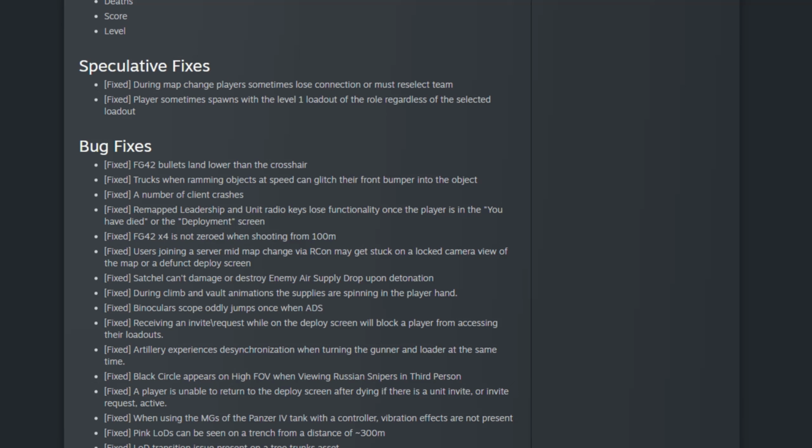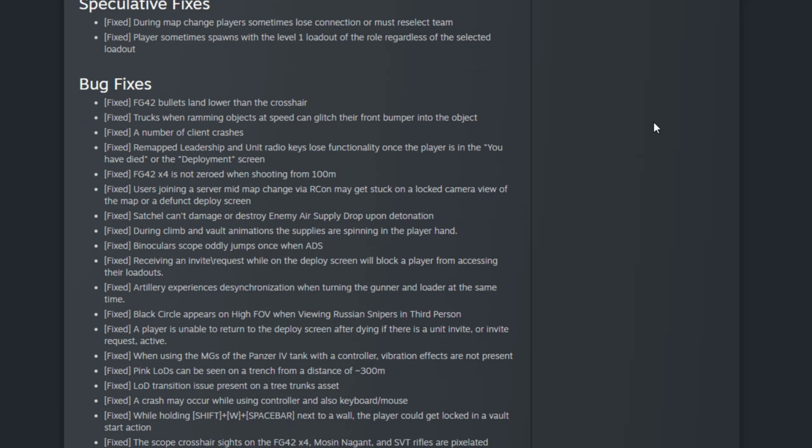And yeah, we're going to get a long list of bug fixes. So they fixed the bullet landing lower than the crosshair for the FG42. Trucks, when ramming objects at speed, can glitch their bumper into the...